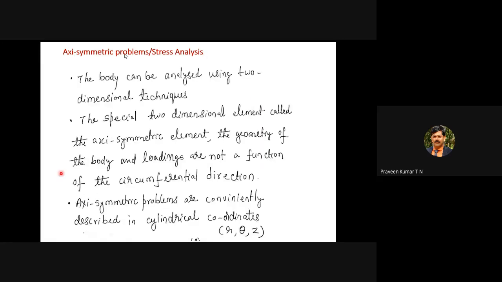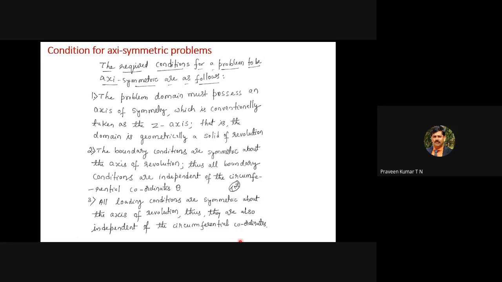So we have axisymmetry considered. There are 3 coordinates. One is the radial direction. One more is the circumferential direction, that is theta. One more is the longitudinal direction, that is z, in cylindrical coordinates. You can imagine the cylinder. So one is the radial direction, one is the z direction, and one more is the circumferential direction.